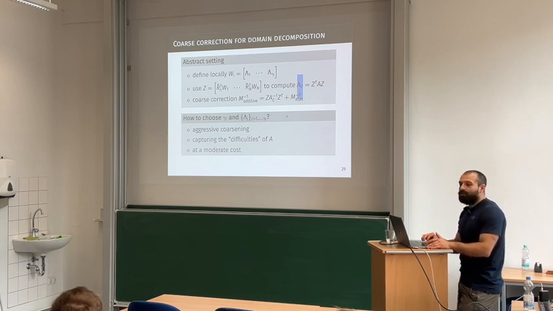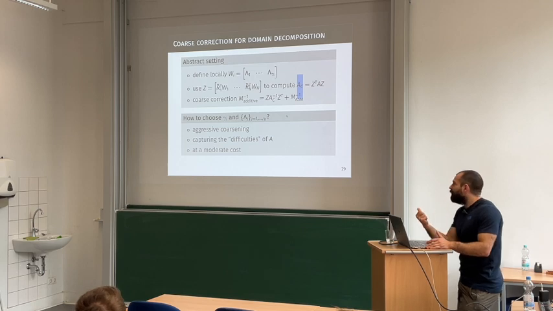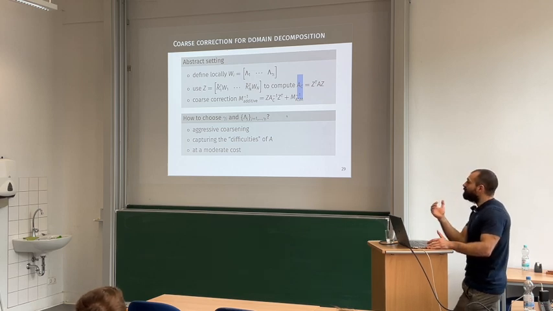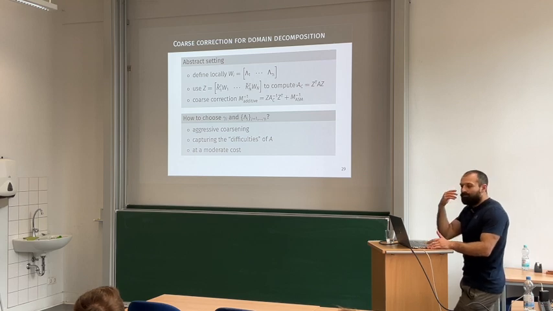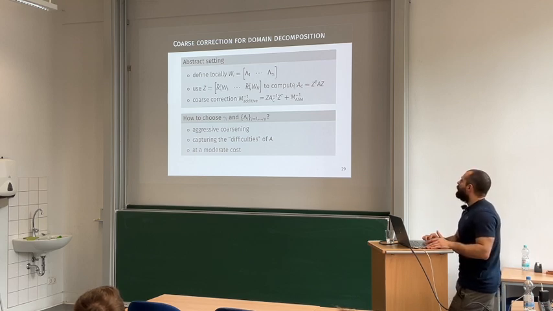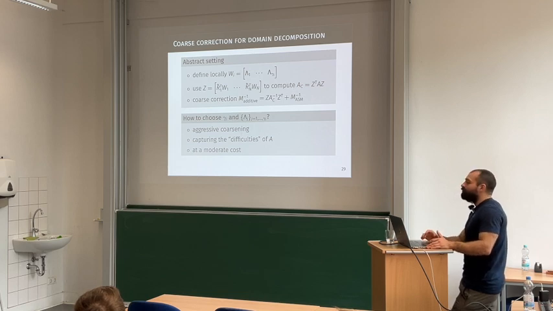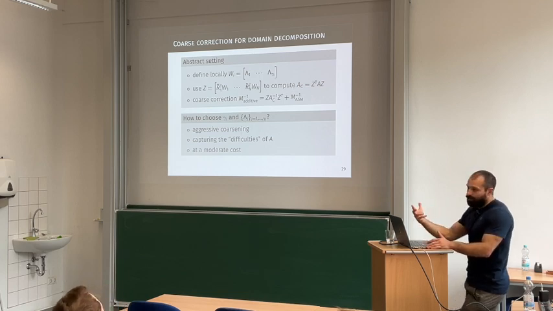With domain decomposition methods, we want much higher coarsening. So we want to decrease the number of unknowns from A to A_C by a much larger factor, like 100, 1000. And of course, you want to be able to capture the difficulties of your operator